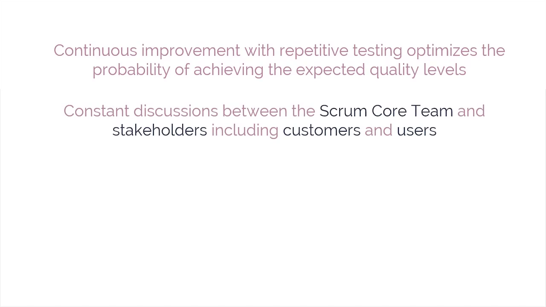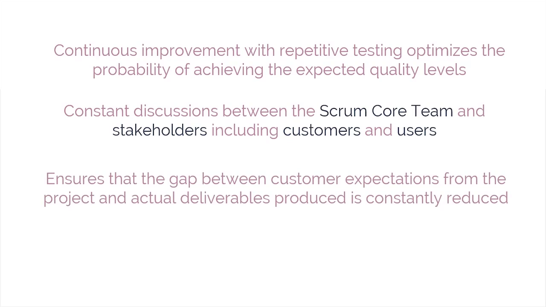a Scrum project. Constant discussions between the Scrum core team and stakeholders, including customers and users, with actual increments of the product being delivered at the end of every sprint, ensures that the gap between customer expectations from the project and actual deliverables produced is constantly reduced. The Scrum guidance body may also provide guidelines about quality, which may be relevant to all Scrum projects in the